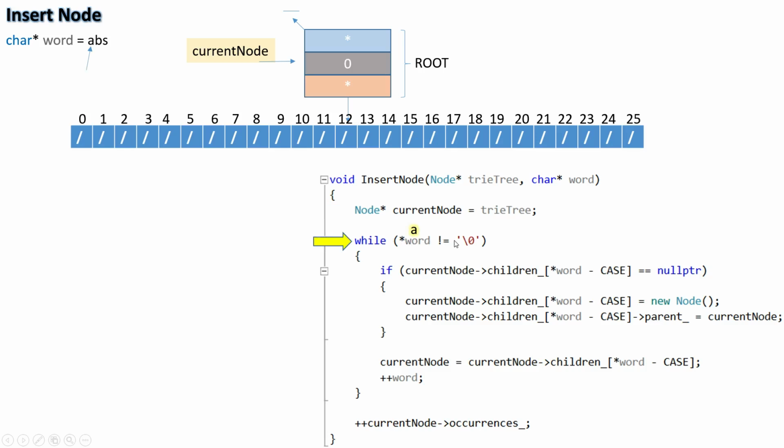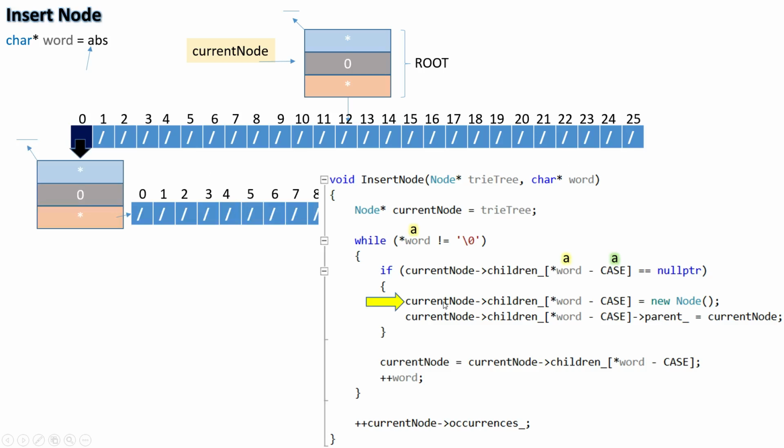While word does not equal this guy right here, which means the one character that's past the end of the word. Since it's a char pointer, it first points to the very first character. If that character minus 'a', since we're using lowercase instead of uppercase, so lowercase a minus lowercase a is equal to 0. That's why that's nice and shaded a tad bit darker. So if whatever element we're looking at, the child, is equal to null pointer, which it is, then that element